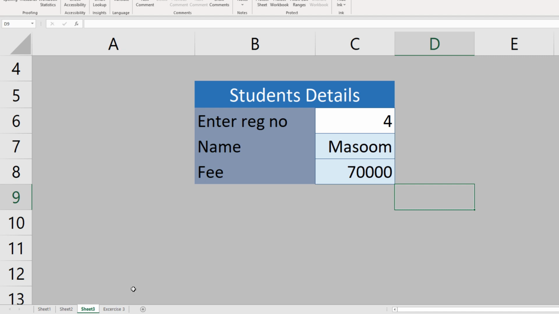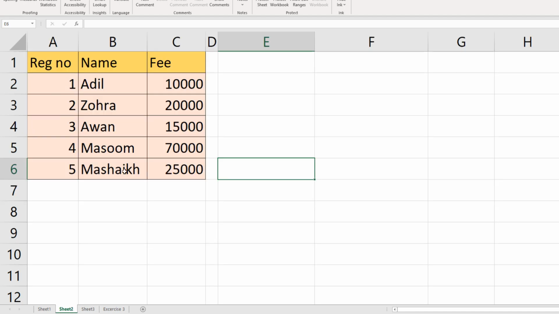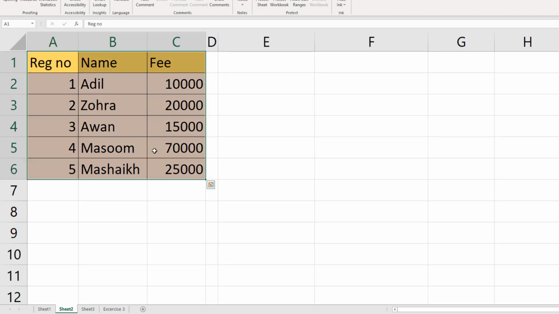So again, the table from where we want to get data should be our source table, and we shall give it some name. Our data is given in Sheet 2, so I select this whole range and I give it the name of fees.